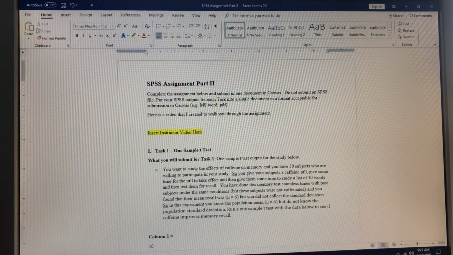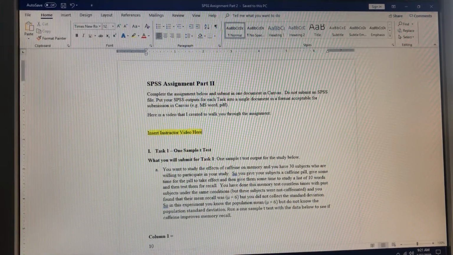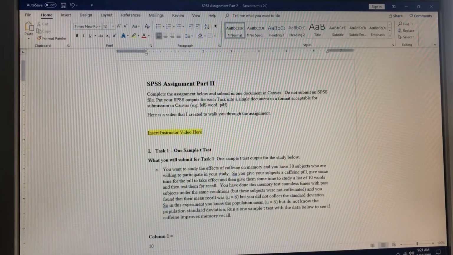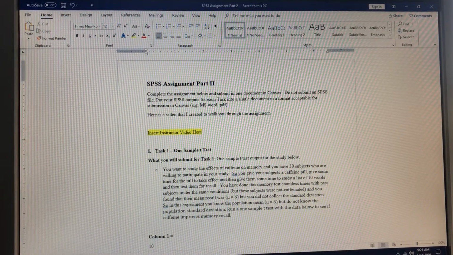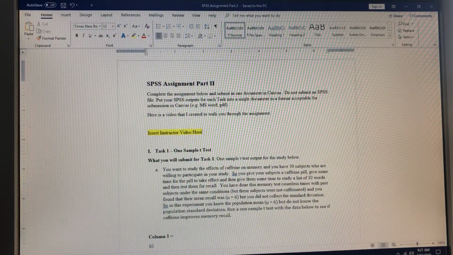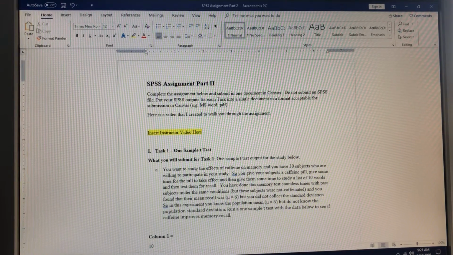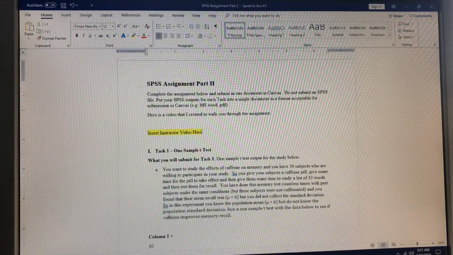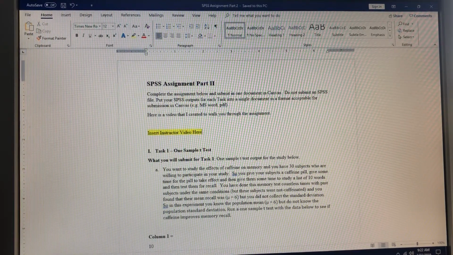You've done this memory test countless times with past subjects under the same conditions, but these subjects were not caffeinated, and you found that their mean recall was 6, but you did not collect the data or the standard deviation. So in this experiment, you know the population mean, which is 6, but you do not know the population standard deviation. Therefore, you're going to run a one sample t-test with the data below to see if caffeine improves